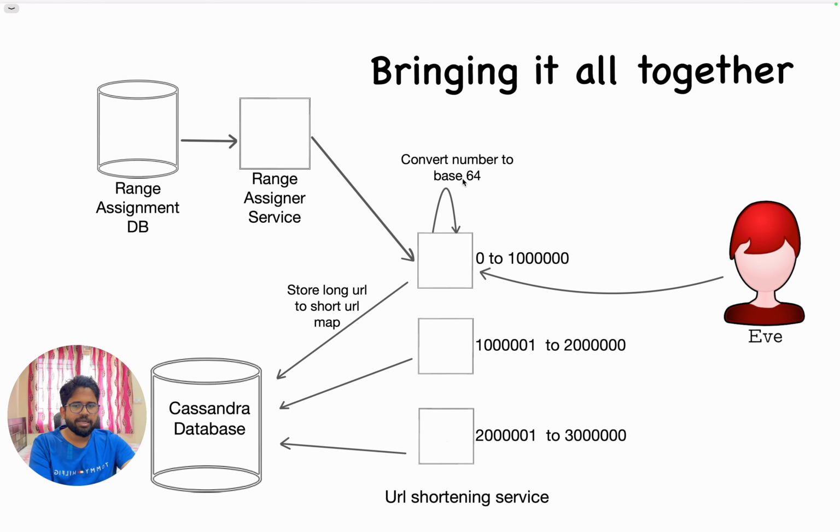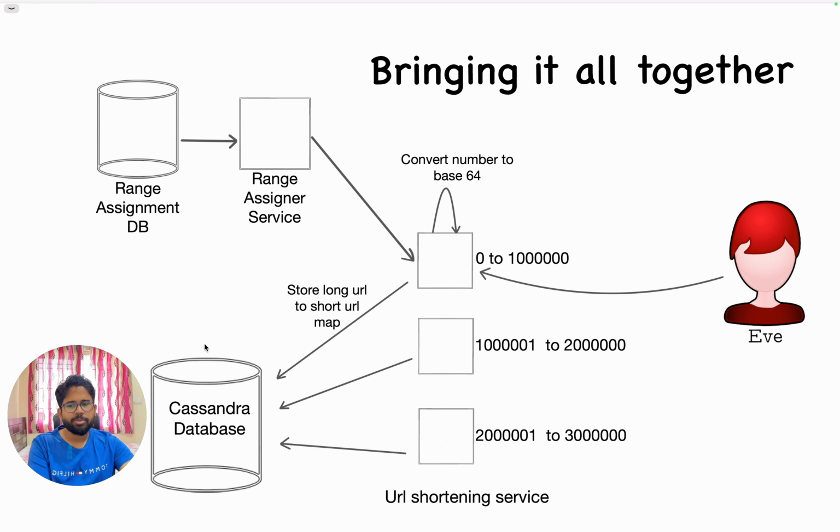Because it's just a conversion of decimal to base 64. So these mappings of the number system are always 1-to-1, so you can convert base 10 to base 64 or base 64 to base 10. It will never happen that you will have 2 outputs of base 10 to base 64 or vice versa. So this conversion is always unique. And now since you have guaranteed that number to be unique, it will be unique.